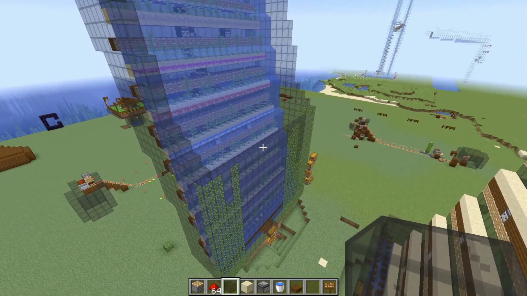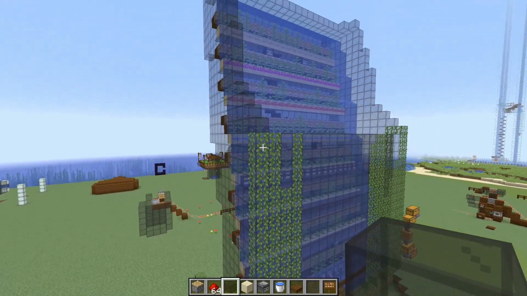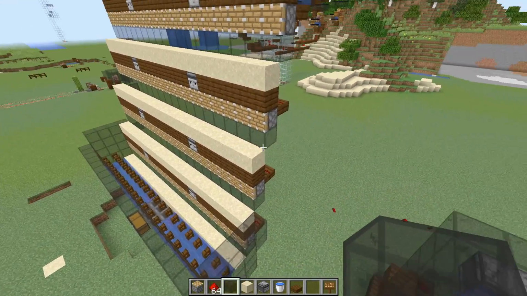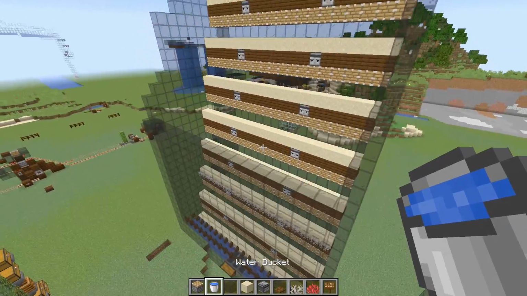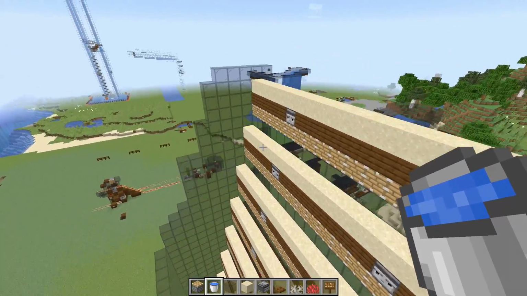Okay, and just kind of go up for the first 4 or 5 layers there. So 1, 2, 3, 4. So you can see it goes up 4.5 layers there. But yeah, just put a wall around this thing. Okay, once you have your walls built on this thing, what you want to do is make your way to